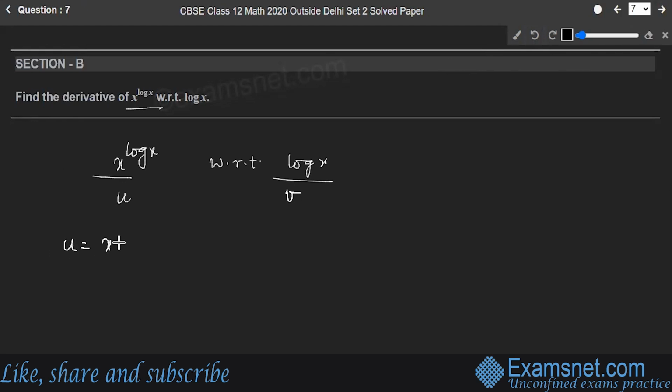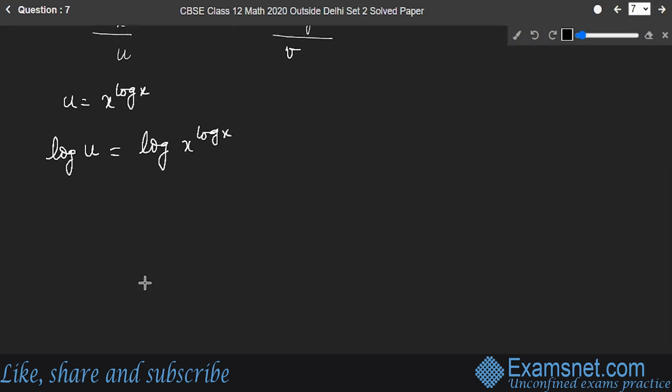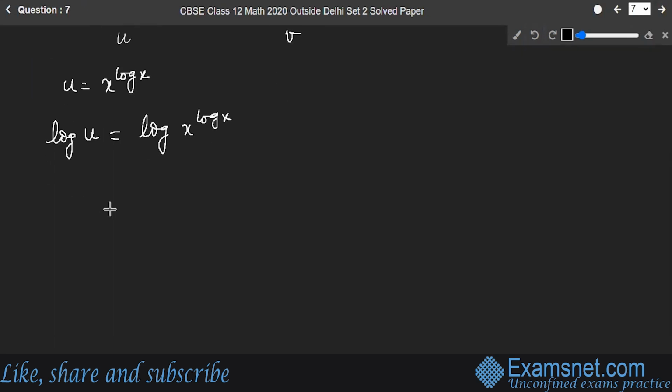I'll say u is equal to x raised to power log of x. Now taking log on both the sides, you have log of u is equal to log of x raised to power log x. Correct? And now differentiating both the sides with respect to x, you will have 1 by u du by dx is equal to